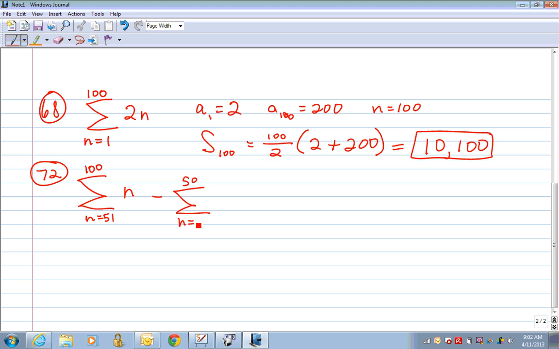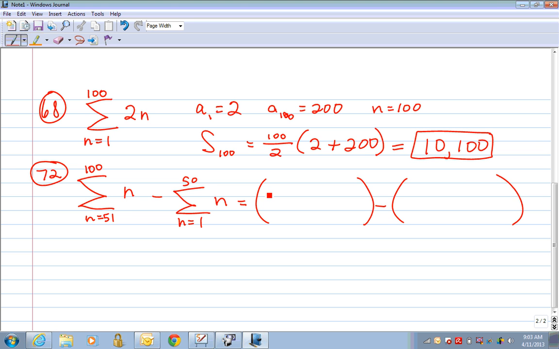This one we're just going to do each one separately and then subtract. So the first one, kind of putting it all together, I'm going to say, well, we have the first one, and then we're going to subtract the second one. So initially, kind of like we did above, this rule, both of them are n, so the first one is going to be a 51, but we're going to have the